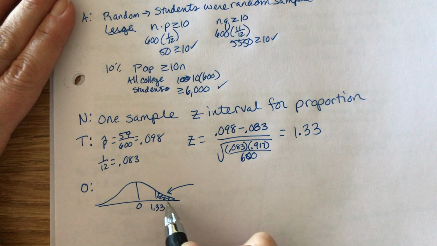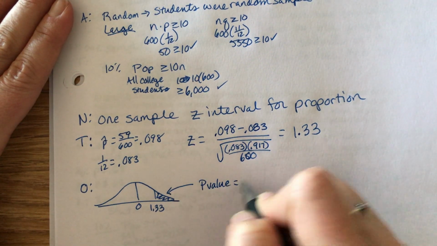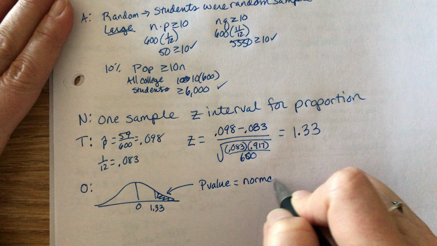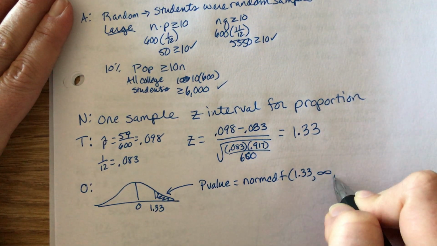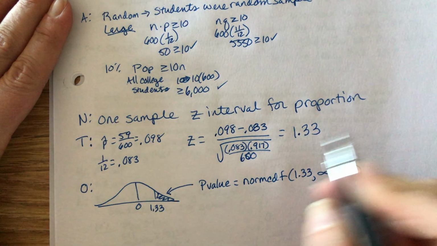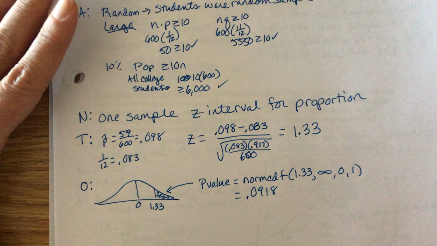The probability of being here, you're going to have p-value equal to your normalcdf, 1.33 to infinity with 0 and 1. And we're going to get a p-value of 0.0918, which means